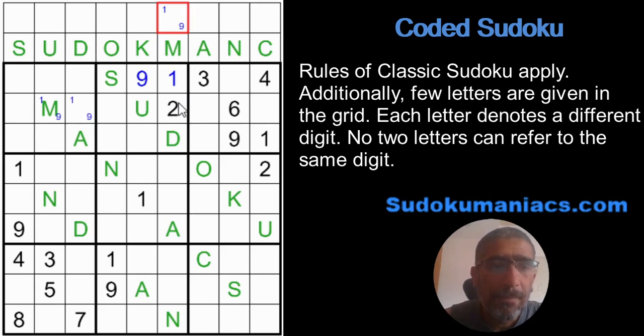All right. Now, I'll share another technique I use when I'm solving these. Let's look at this letter A. This A in box 2 cannot be in row 3, right? So it has to be either one of 1 to 9 or this blank cell. It cannot be the same as S and U because no two letters can denote the same number, right?